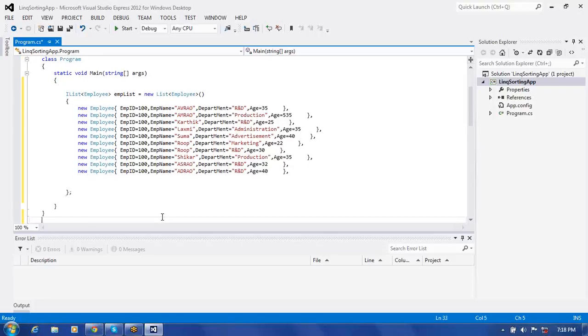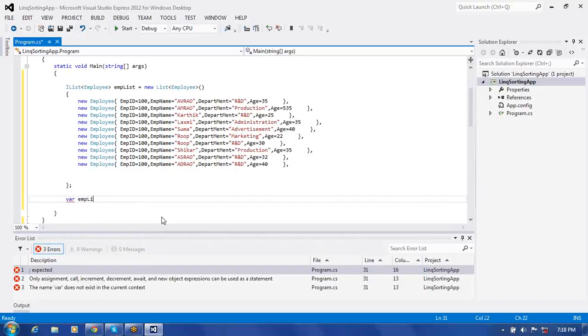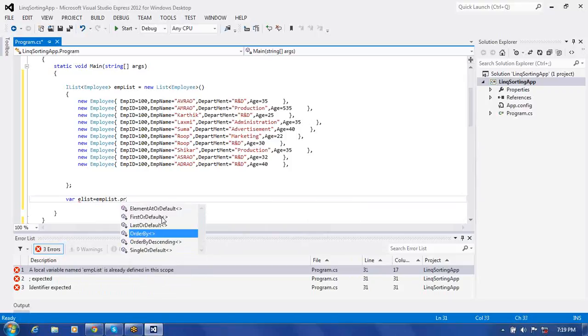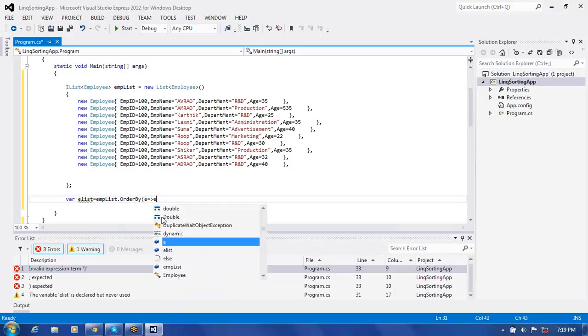Here, after this, write in this manner. It's going to be EMP list. What we do in such cases, we can write this equal to, okay, E list we put just E list equal to EMP list, then dot OrderBy we can use. We are using OrderBy here, and inside this we need to set it. E goes to E dot,